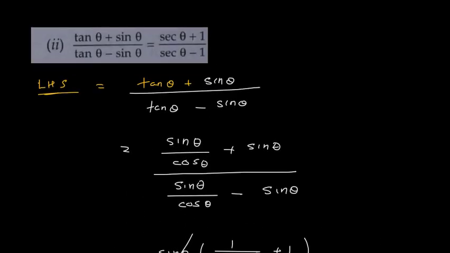As I said, here you have to keep in mind what you have to prove on the right hand side, and you have to keep all the identities in your mind. Identities like sin square theta plus cos square theta is 1, sec square theta is equal to 1 plus tan square theta, cosec square theta is 1 plus cot square theta, and also tan theta sometimes we replace with sin upon cos, and cot theta with cos upon sin. You know that sin theta into cosec theta is 1, sec theta into cos theta is 1, and also tan theta into cot theta is 1, right?